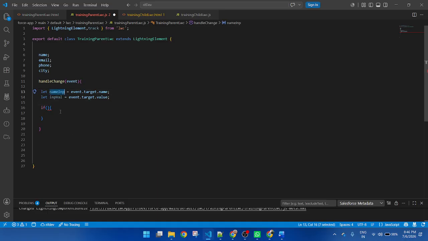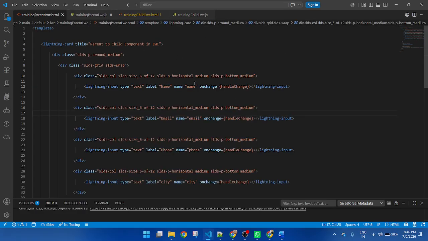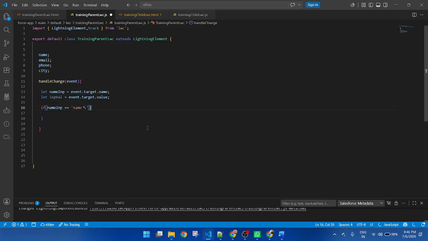So if name double equals this one, name, I will store the value here in this variable: this.name equal to value.